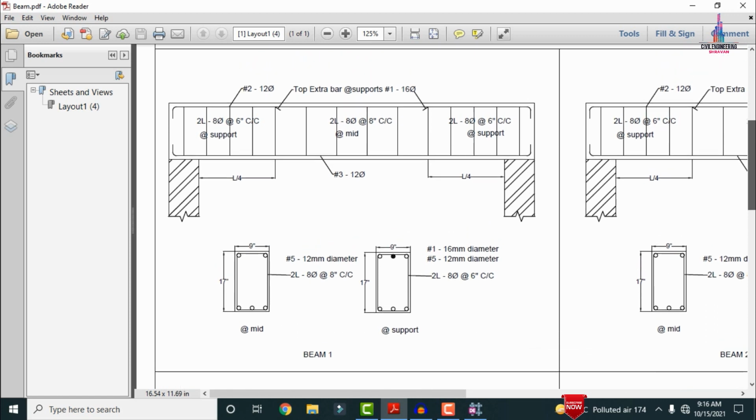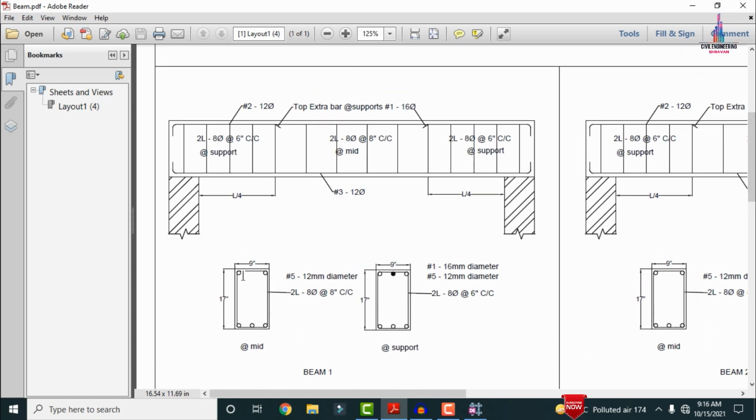But in practical situations, in the building execution process, we use 2 bars at the top reinforcement section of 12 mm diameter, and 3 bars at the bottom reinforcement section of approximately 12 mm diameter for the mid span. At the corner, at the support condition, in order to resist the loading we take 3 bars at the top reinforcement section, a combination of 12 mm and 16 mm diameter, and at the bottom reinforcement also 3 bars of 12 mm diameter.